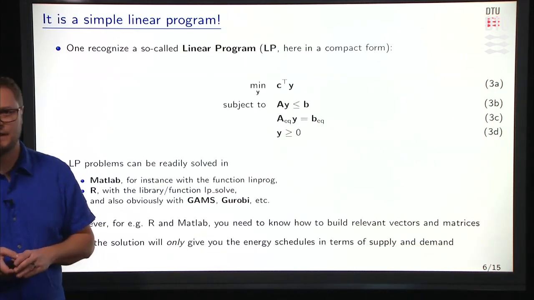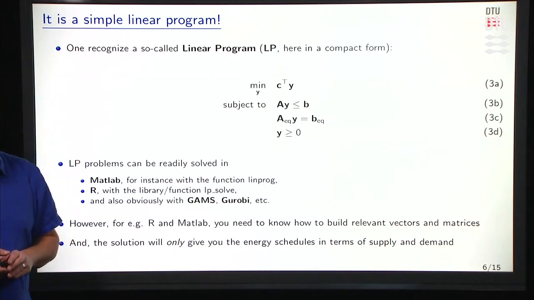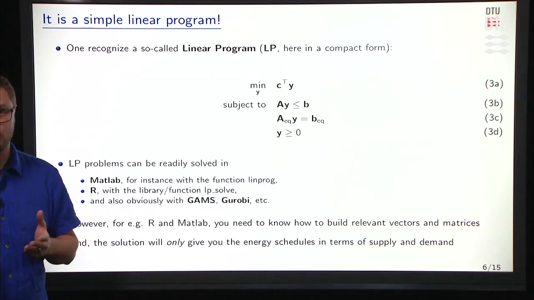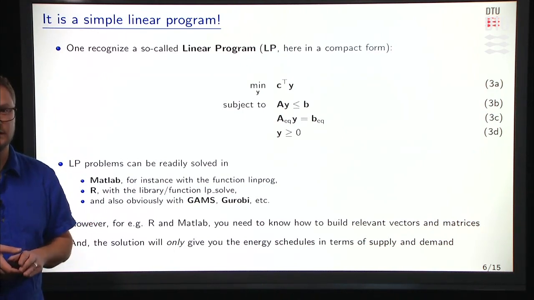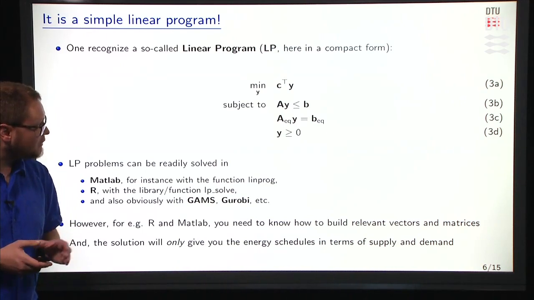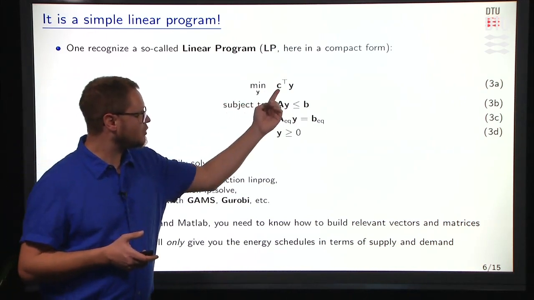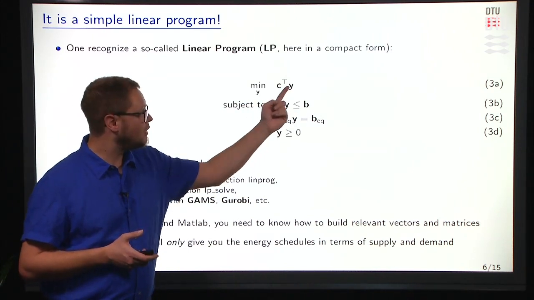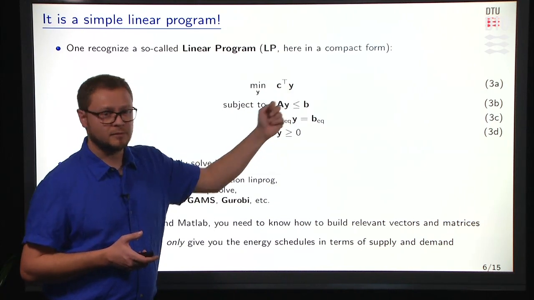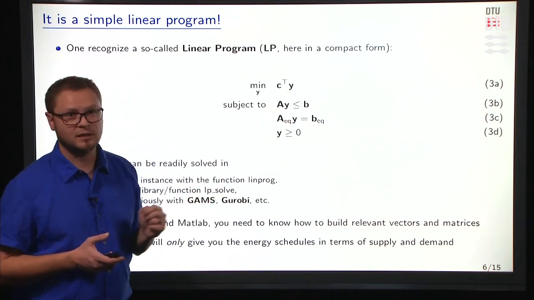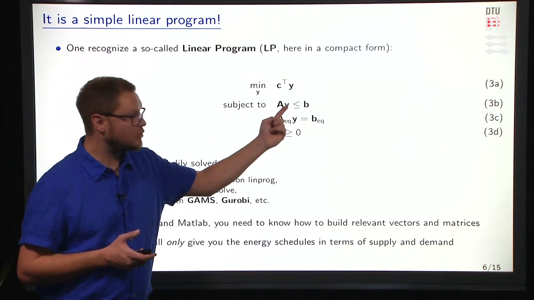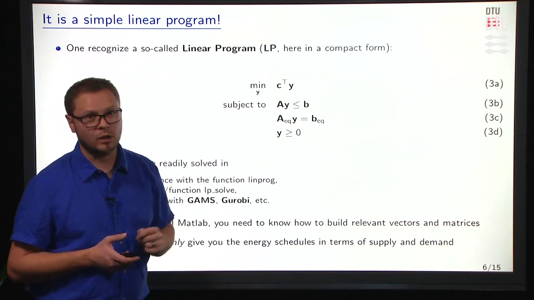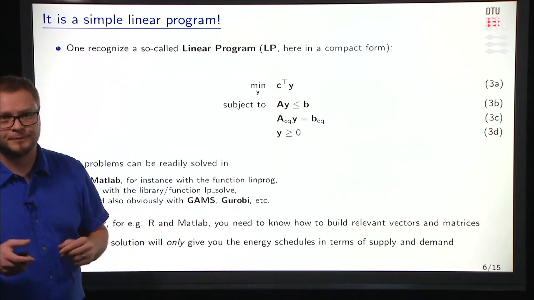When writing this minimization problem, we recognize a so-called linear program, which we can rewrite in a compact form. I will explain why we need to rewrite it in a compact form. In a compact form, we will have an objective function defined by a vector of cost parameters and a vector of decision variables, and then we have a set of constraints we need to respect: a set of inequality constraints,